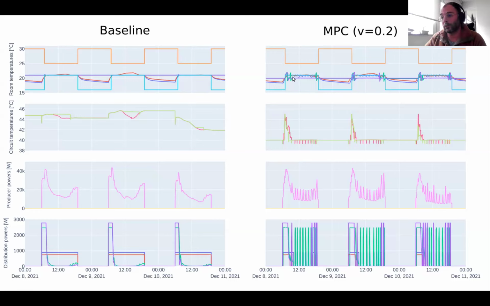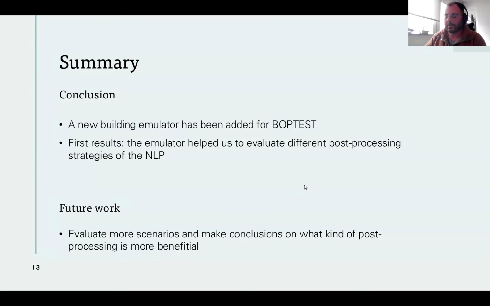And this, for example, will not concern me for discomfort either, because we are very close to the comfort bound. In comfort terms, where you can get most of the complaints, I would say, is if you are at 25 and suddenly you go to 20; occupants really feel that, to be honest. But these things, comfort-wise, do not concern me that much. But in terms of energy use, even though we decrease the energy use, I will be concerned about this. But okay, we could see that even with the non-perfect model, we managed to get some savings